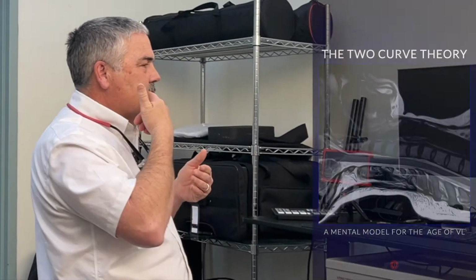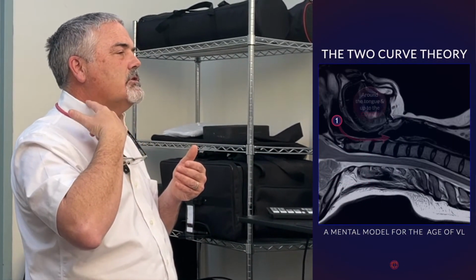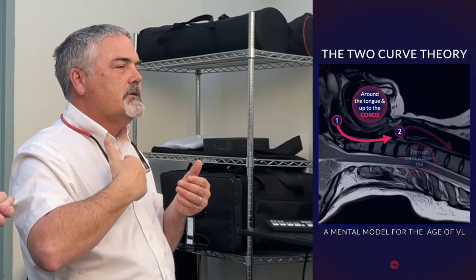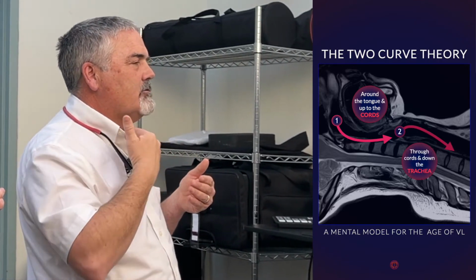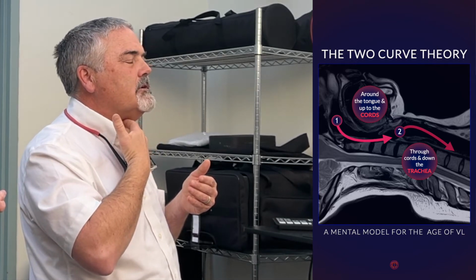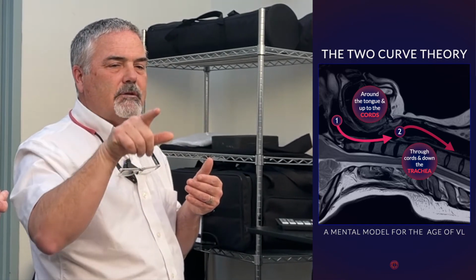If you look at the airway, there's a first curve or corner here, and there's actually a second corner that then inflects at my trachea, where my trachea begins. And so we have to move around this serpentine pathway. Traditionally with the DL, what we're doing is flattening all those curves and making a straight line,